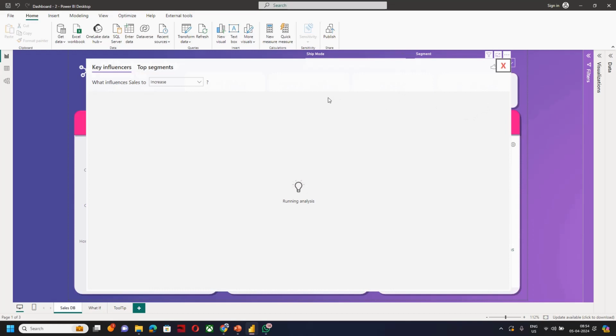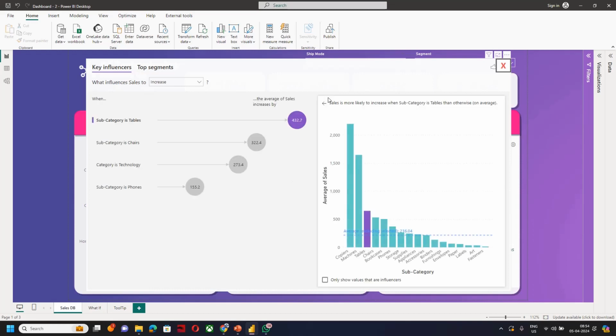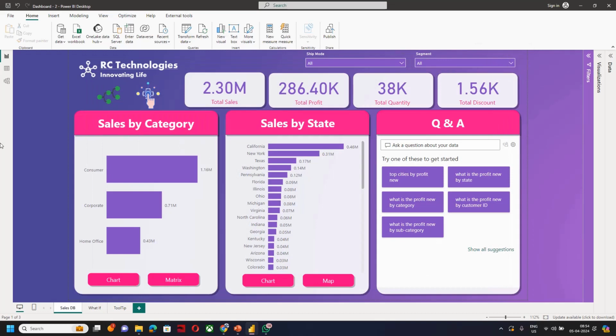This is something called key influencer. What this does is, sometimes or many times your manager asks you, hey, can you find out what is moving the sales, or what is impacting the survey, what is impacting the turnaround time. So this automatically does it for you. So some of these things we'll learn. Our focus will be on this.